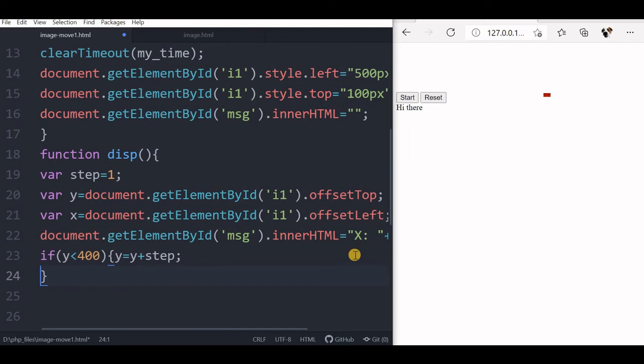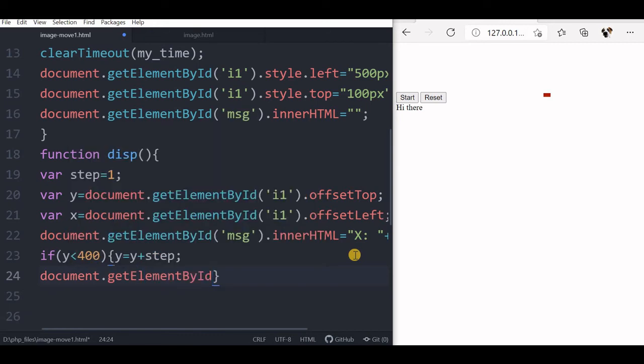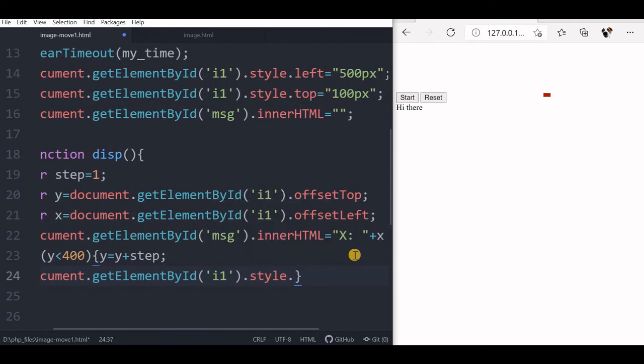Now what I will say, document get element by ID. Now again I1 dot style top.